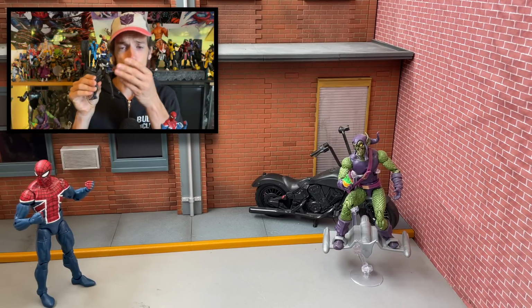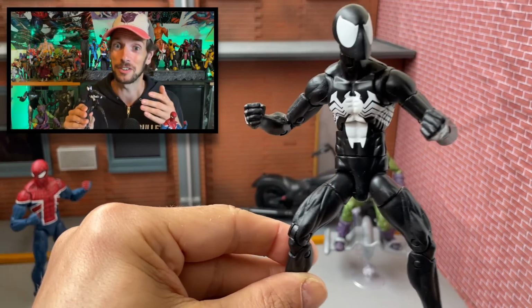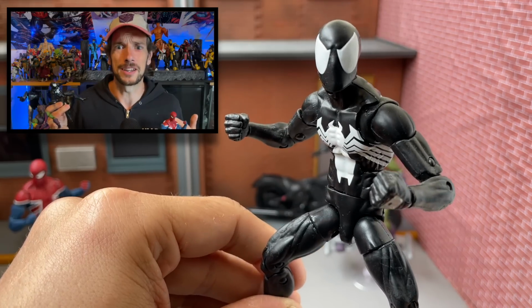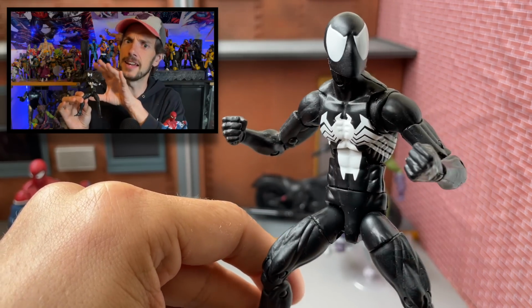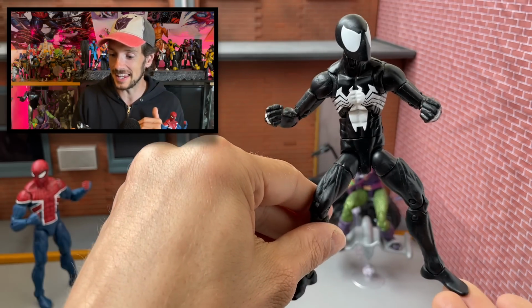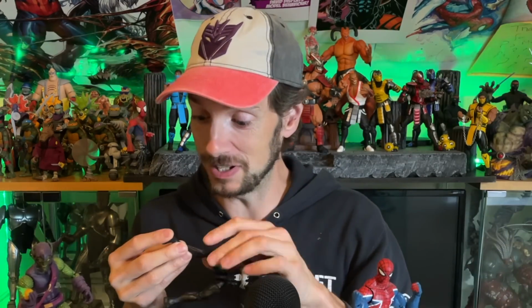And just to put a little bow on Symbiote Spider-Man, he's great. Is he the best figure of the wave? No, I wouldn't say that because we have the Green Goblin here who's fantastic, and he doesn't have any other heads or anything, so he's kind of basic in that regard. But as a fantastic representation of the black costume Spider-Man, yeah, he's wonderful, and that's why they re-released him with